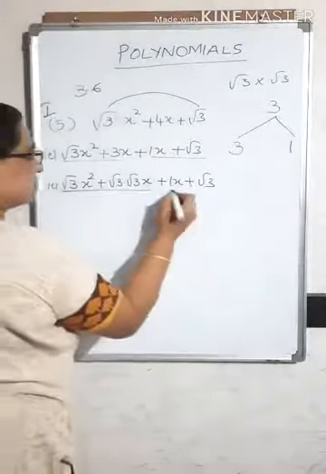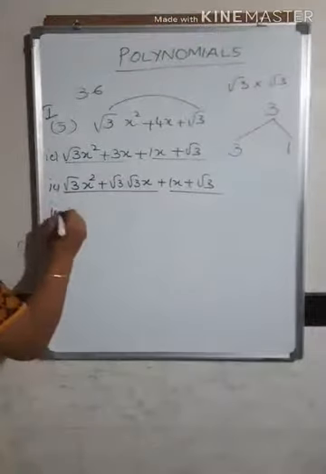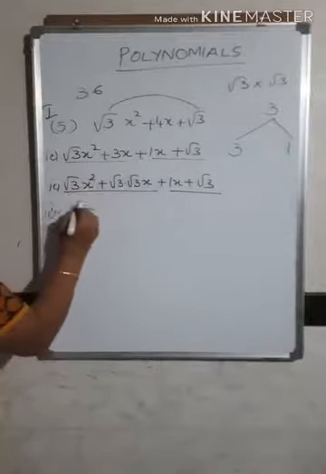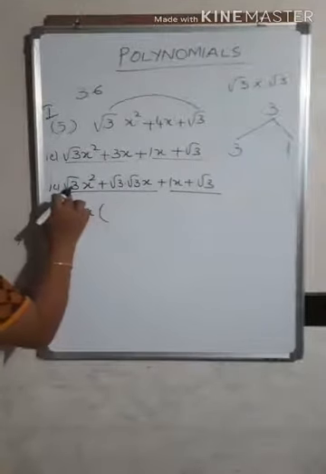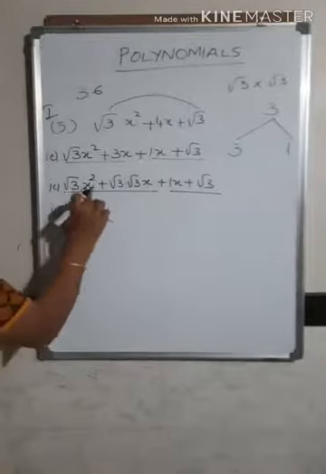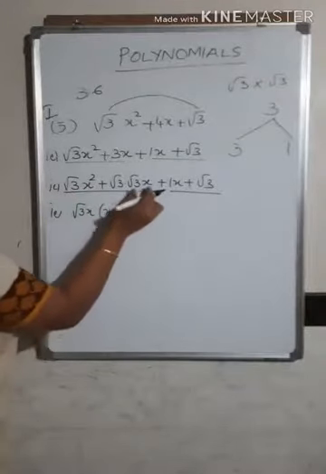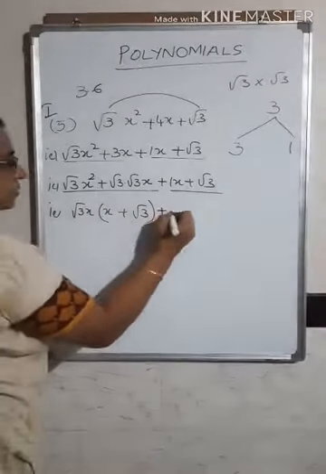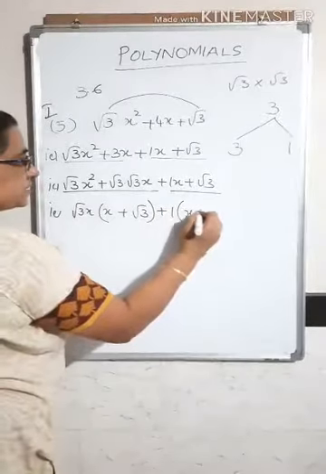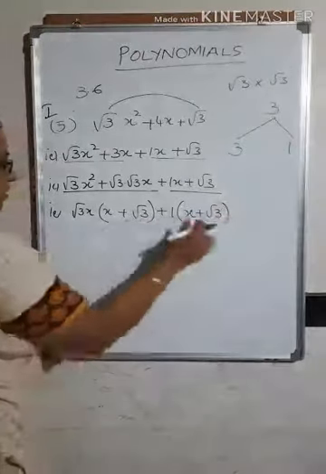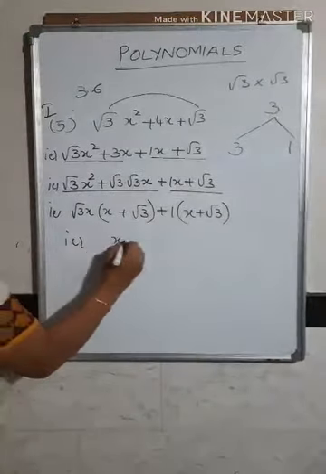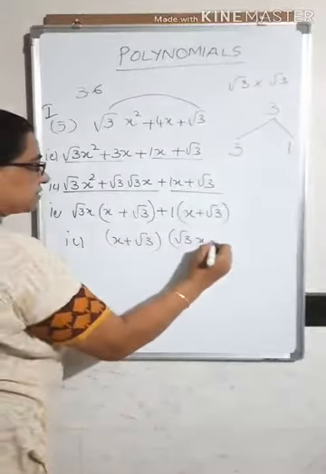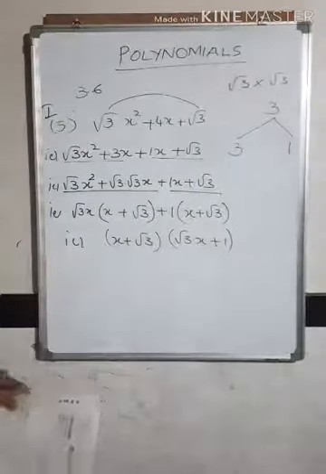Now this and this you have to group. Now when you group the first two terms, root 3 is common and x also is common. So root 3x is common. Root 3 and 1x, when root 3x is taken out, one more x remains here. Root 3x is taken out, so here you will be getting root 3. And here plus 1 is common, so you will get x plus root 3. So taking out again the common factor, you will get x plus root 3 into root 3x plus 1. So this is how you do the factorization of the polynomial.